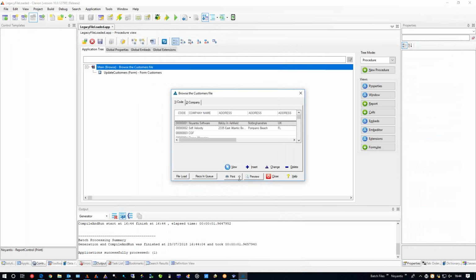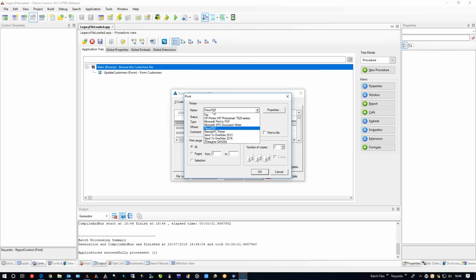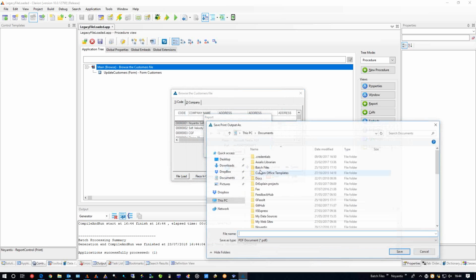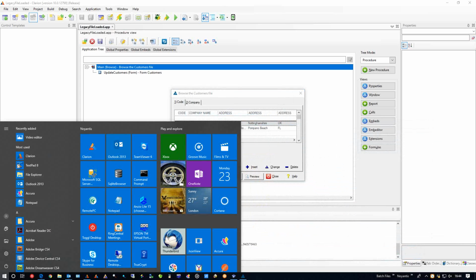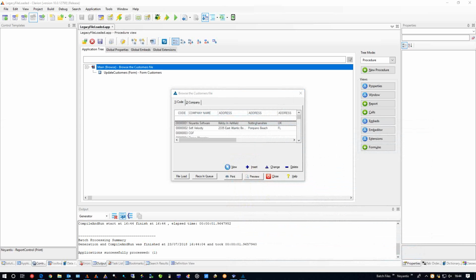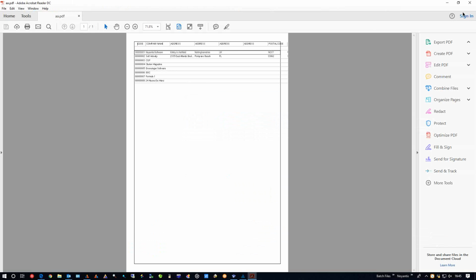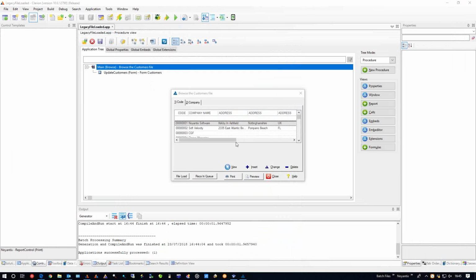Let me try print to Microsoft Print to PDF, something like that. Seems to work fine. Presume that's somewhere. Documents AA. Yeah, no, it's doing that. So it should be fine.